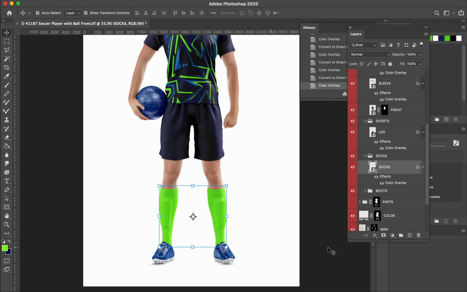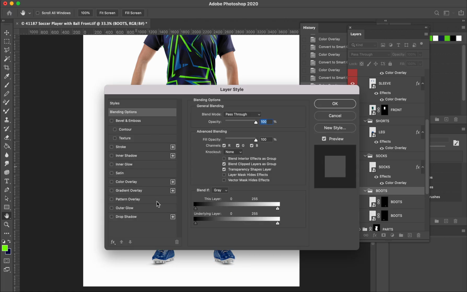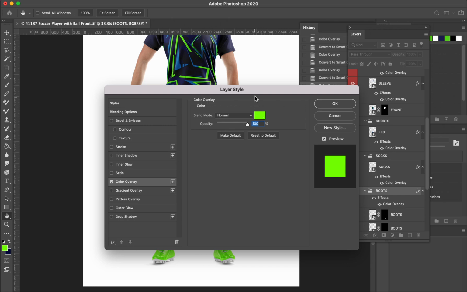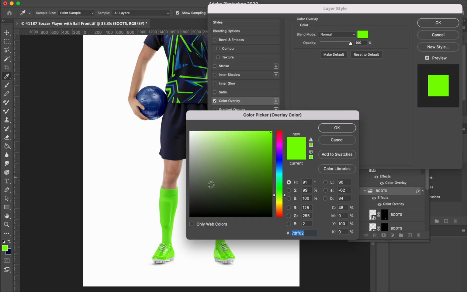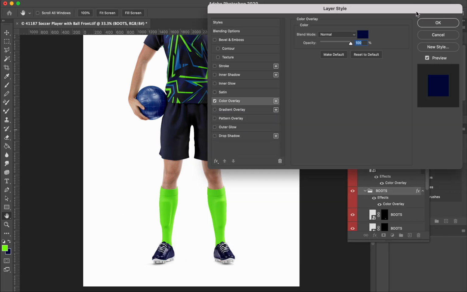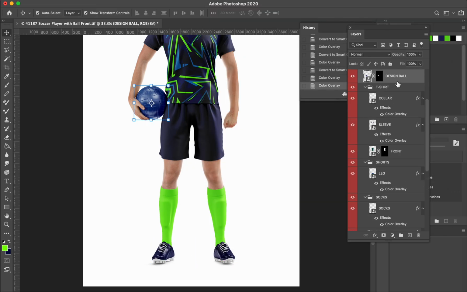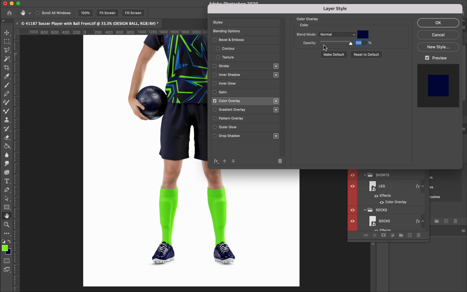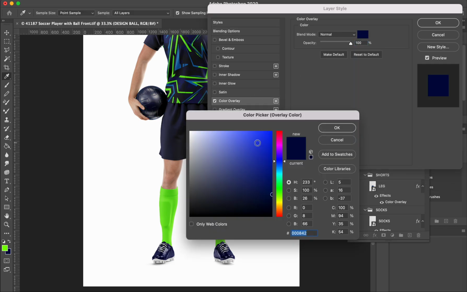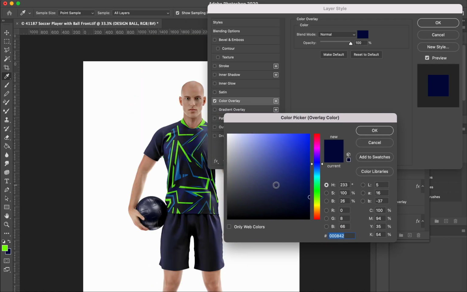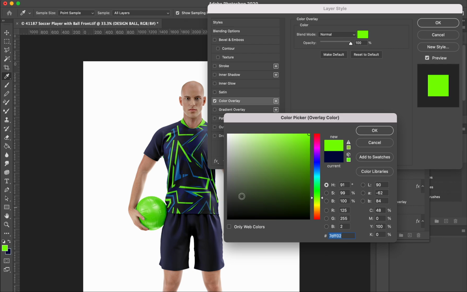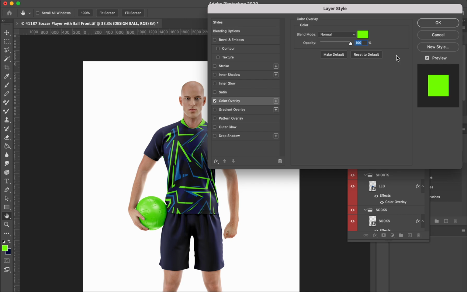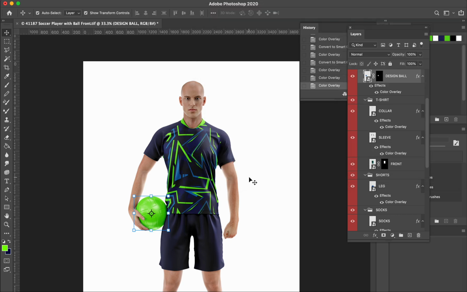Okay, so now for the shoes, we are going to just apply navy again, and for the ball, just white will do. I think the navy is better. Let's try the green one, the ball. Oh, I think this is better. Okay, so now